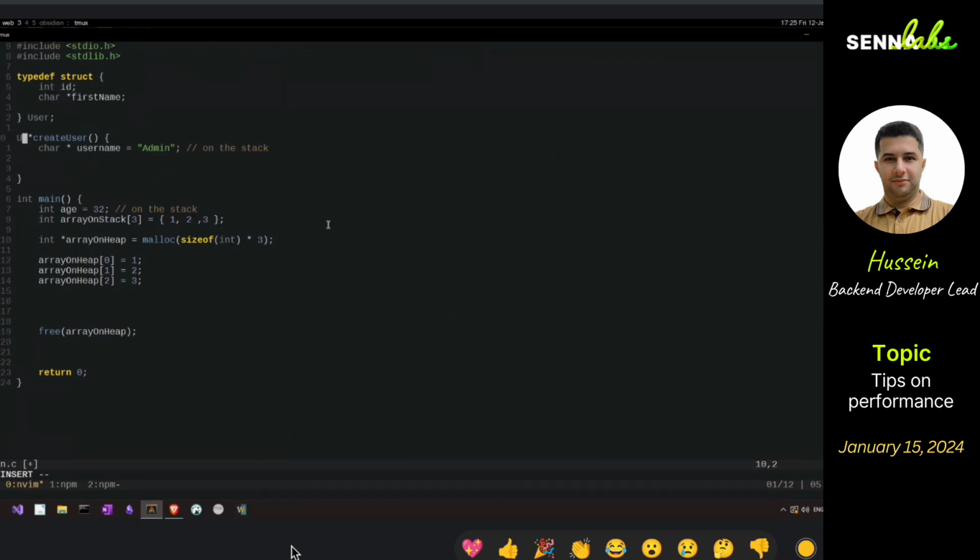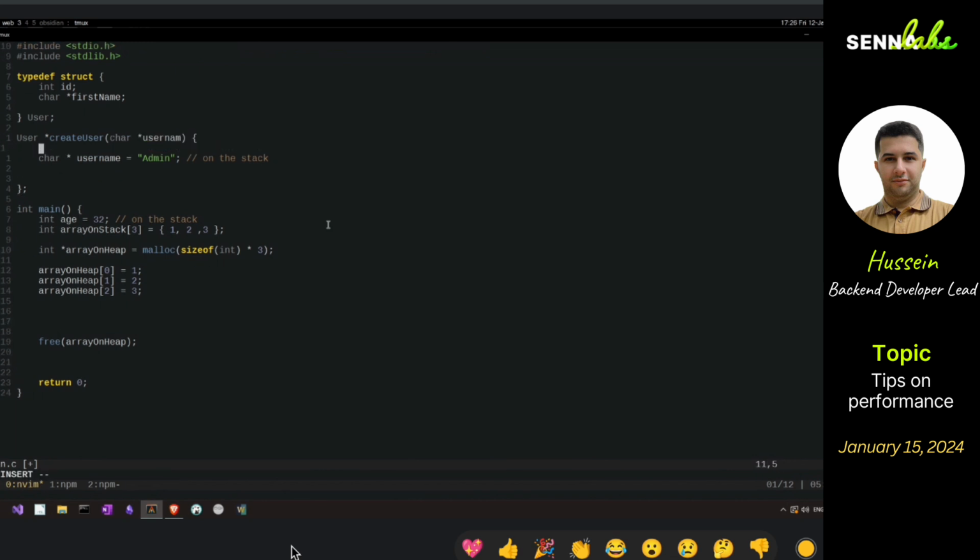And this function returns a user. Now I don't want to put the user on the stack. So I want to allocate the user in memory and then send it back to the code that calls this function. So I do the same thing, but this time